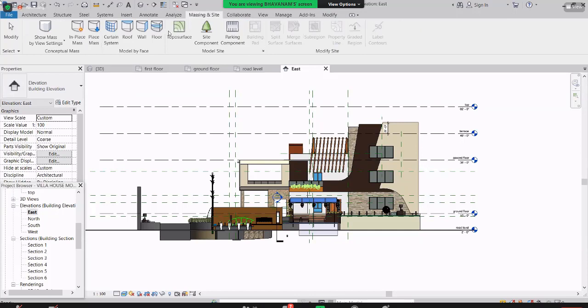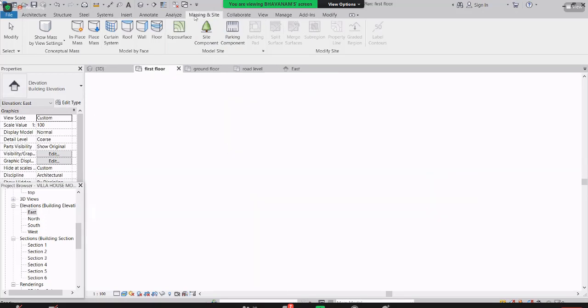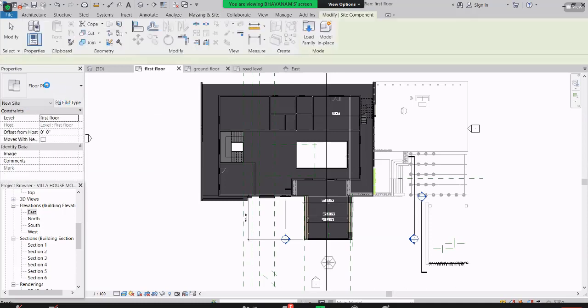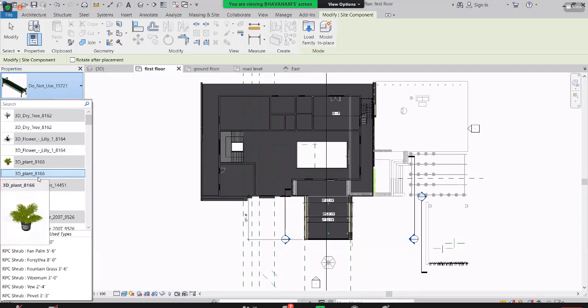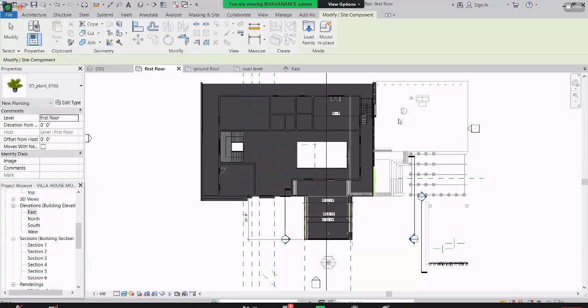And here is Massing and Site. This is the same as that. If you want to place anything, let me place one tree here, give me a minute. For the tree, once I click on Massing and Site and go here, I have some trees. Guys, see this 3D plant. Once you click here, you can see a small preview. Let me put it here so you can understand. Just give me a minute. It is loading. See guys, yes, here I can place one tree and another tree, and I will place some more trees.